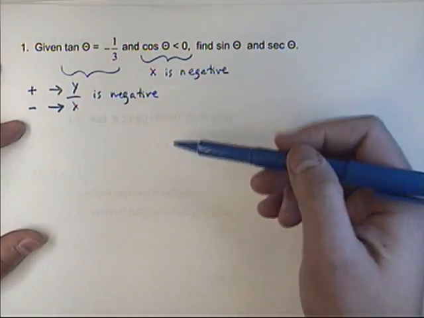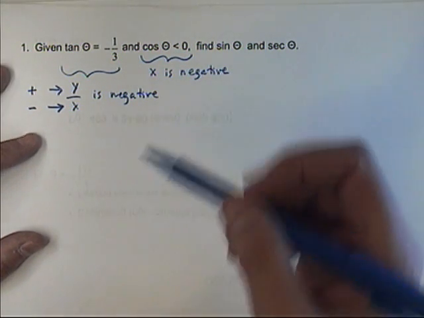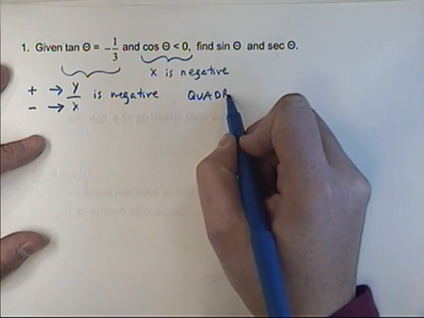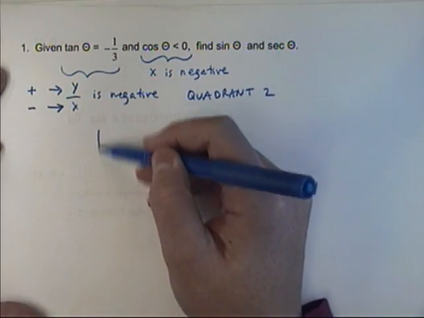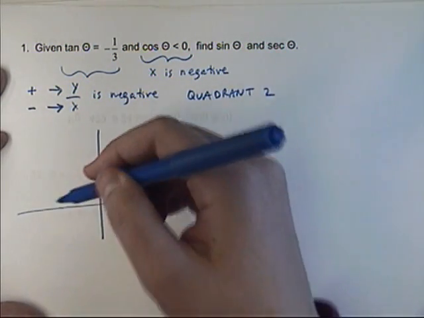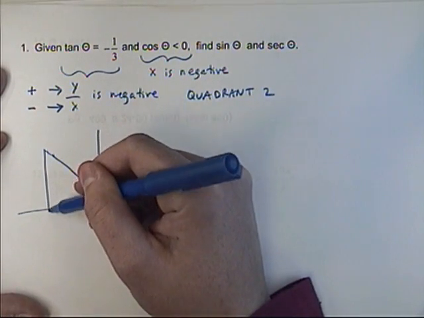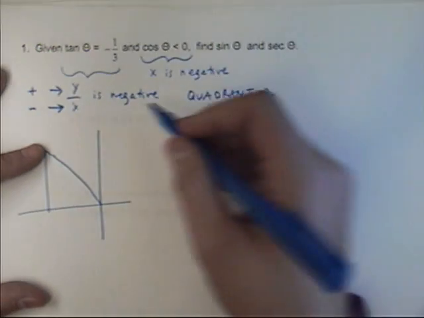So if y is positive, or above the origin, if x is negative, we're to the left. So that basically means that all this information is telling me that I'm in quadrant 2. So I'm going to draw a quick quadrant 2 triangle. Now, I don't know exactly where I am in the second quadrant, so I'm just going to put it kind of in the middle. Now, if tangent is defined